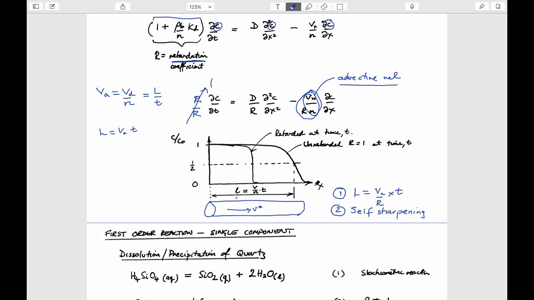And so what that refers to is that if this is the part that defines the advective transport downstream, then this defines the spreading. And so if, for instance, the diffusion term was 0, if we imagine, then there would be no diffusion. If that were the case, then the front that would come down here would actually be a plug flow. And so if you looked at it in the core, it would just be a sharp front. Ahead of it, there'd be pure water. Behind it would be the concentration of the upstream boundary condition, and it would be just a vertical line. If diffusion is non-zero, then it would be